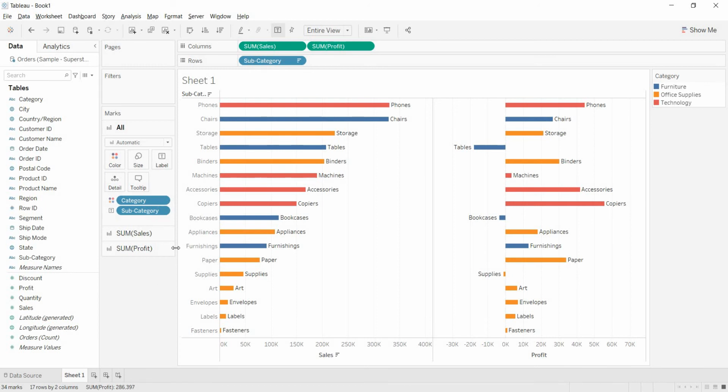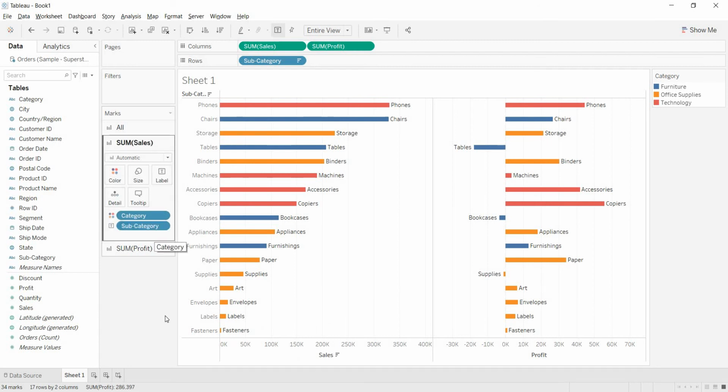Okay, so when you do those modifications at the All marks card, they will be applicable to the entire visualization. Even if you have 3-4 measures, each and every change at this marks card will be applicable to all those measures. Okay, now let me open the sum of sales marks card. Here if you observe, the coloring is happening with the category, right?